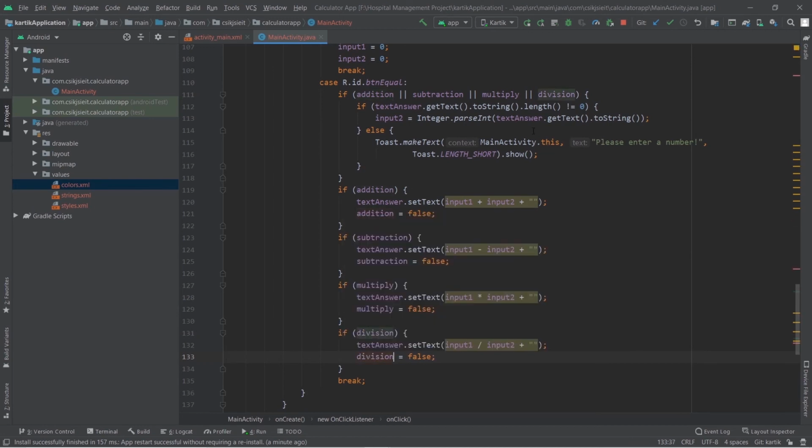Here the logic is very simple. First we check if any operator button, which is addition, subtraction, multiplication or division, was previously pressed or not. When the add button is pressed, the addition boolean is set to true. Then we check whether any of these booleans are true or false. If all are false, then we do nothing. If any one of them is true, then we receive the text from the TextView and check whether the text is